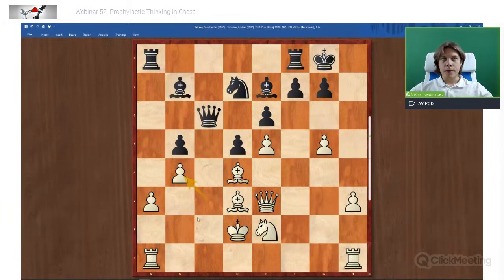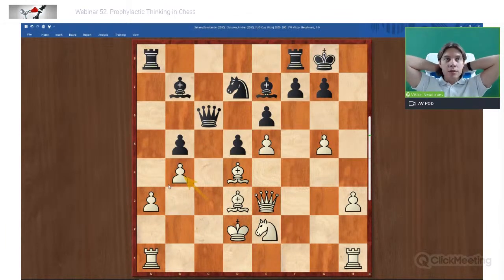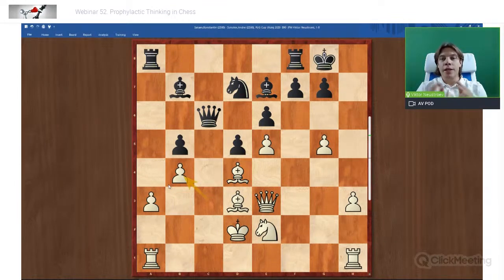Okay, so let me repeat it. We came to the position where Black struggled with a plan. It's difficult to recommend anything for Black that can improve his position because White made this prophylaxis with the b4 move, and now White has a clear plan to attack on the king side that actually happened, White to win